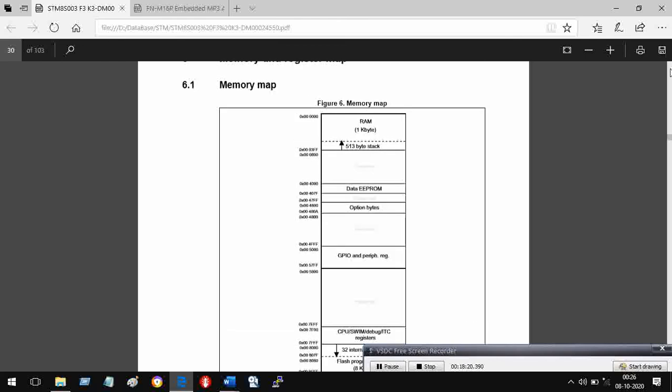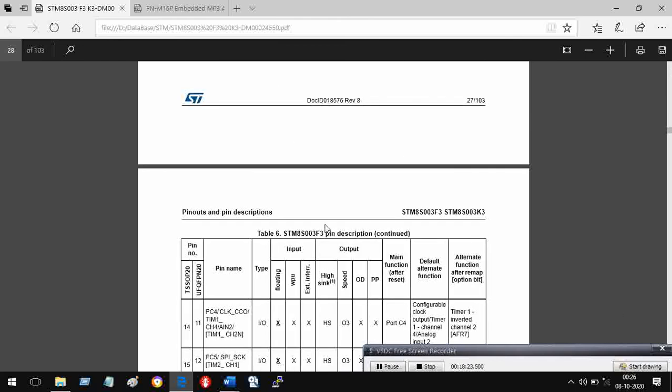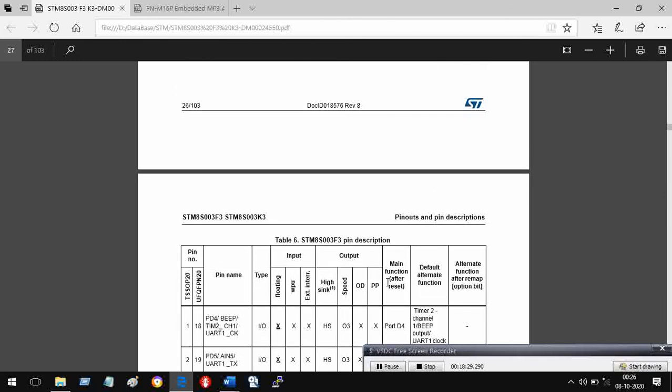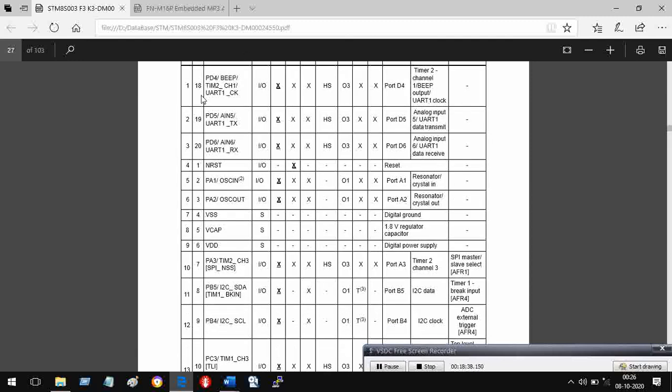There's a lot of things to read before you can really start programming. So this is about a 20 pin device, TSSOP20. You can see all the functions are given here. IOs are everywhere except where it is VCC or VDD or VSS, etc. Everywhere you have IO. So almost every pin functions as IO. Even this serial communication device, if you don't want to use it as a serial communication device, you can use it as IO port. It also functions as IO port, right?